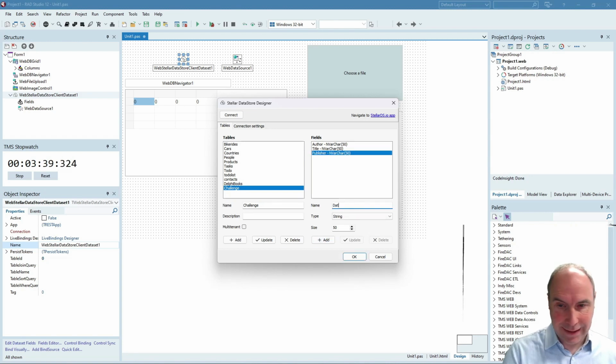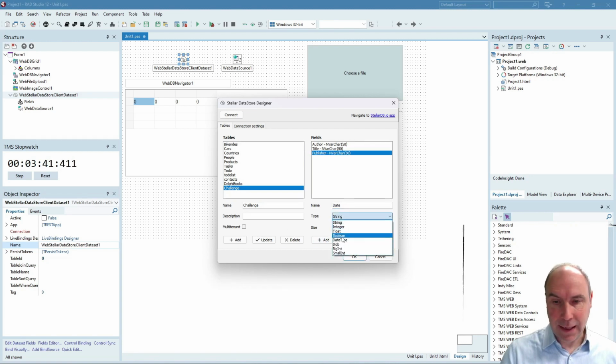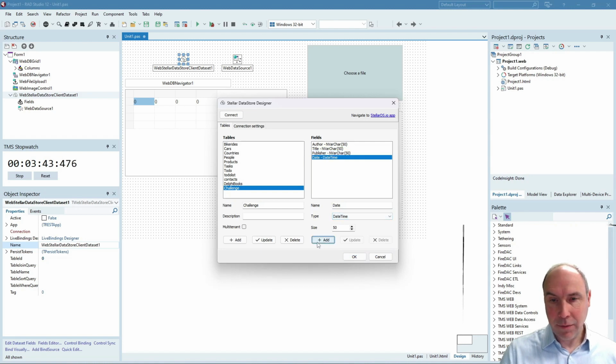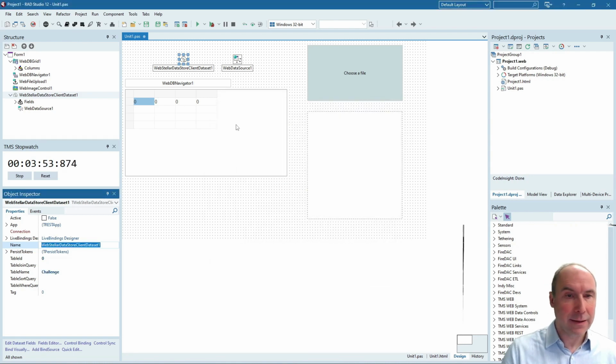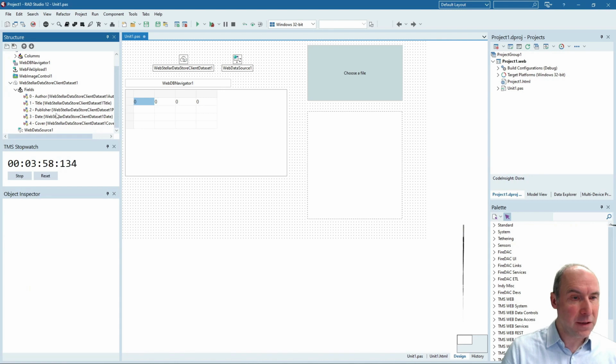The publishing date, that will be a date time field that we add, and we will also add a cover, a blob field that will store the cover of our book. And that's it, that's sufficient, that's created, and you can see that these fields are now automatically added in my